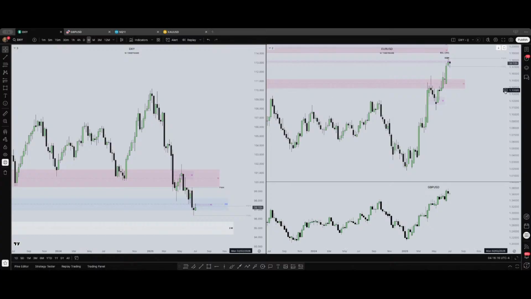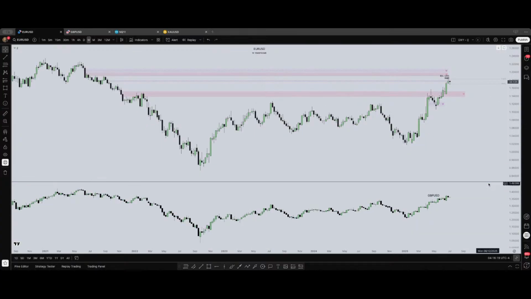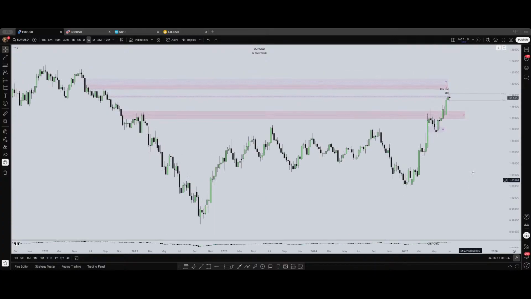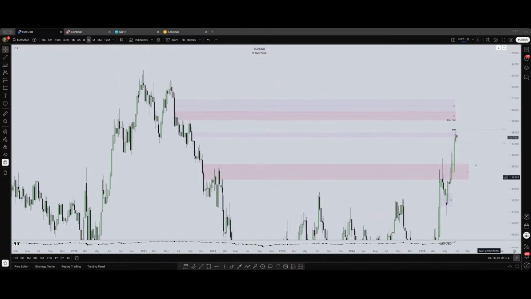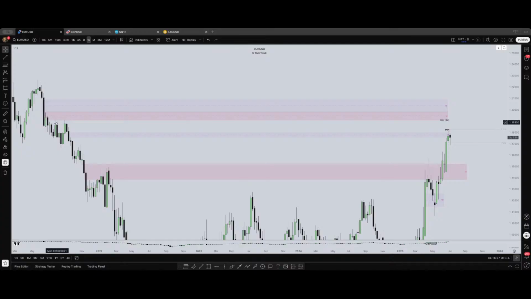So in Euro USD, lower, I'm expecting these levels. We have these equal highs, I think very equal highs. So I like how price entered this weekly fair value gap here yesterday. It doesn't need to go all the way down, you can just enter a bit and then reject to the upside. So that's a nice clue.